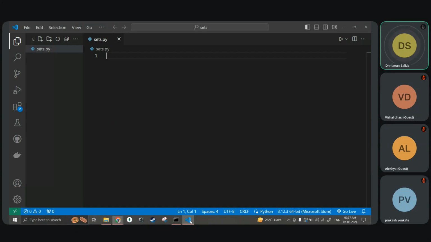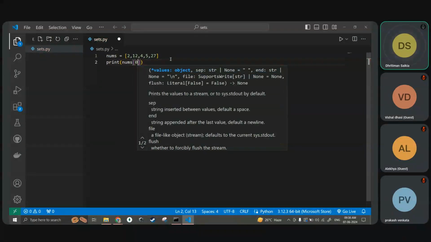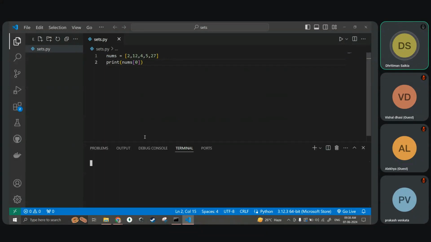Let's say I have a list nums equal to 2, 12, 4, 5, 27. Now if I print nums of 0, what will I get? 2, right? But if I come tomorrow and again check this nums of 0, what will I get? 2, right? So if I don't change the list,